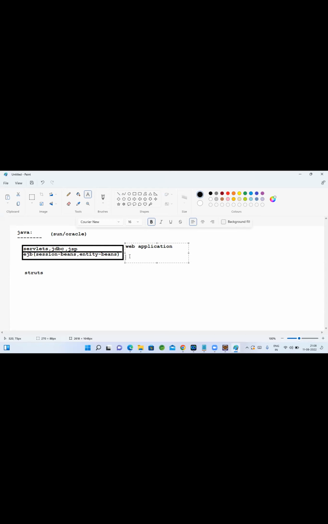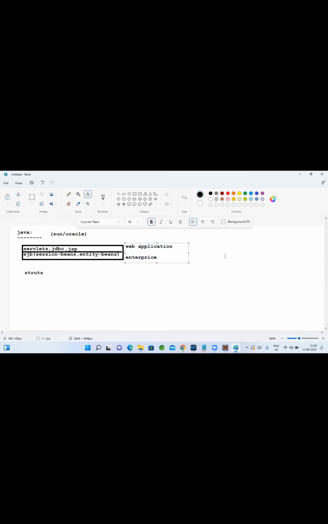They'll build enterprise applications. If you take a banking example, they will publish their website using a simple web application, but to manage their entire banking process, they will build enterprise applications.